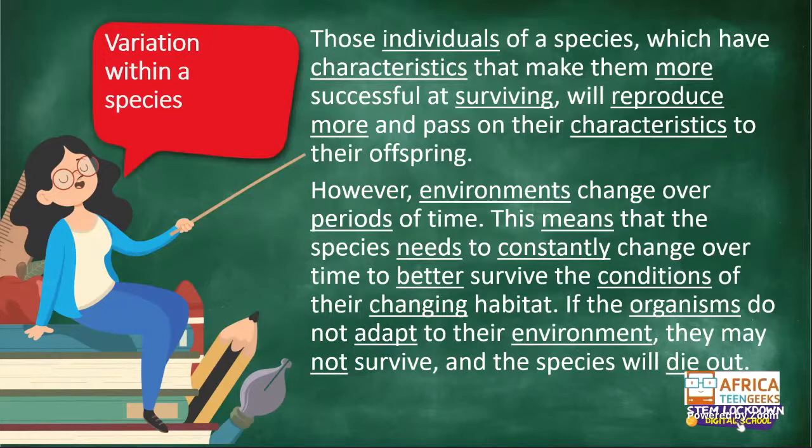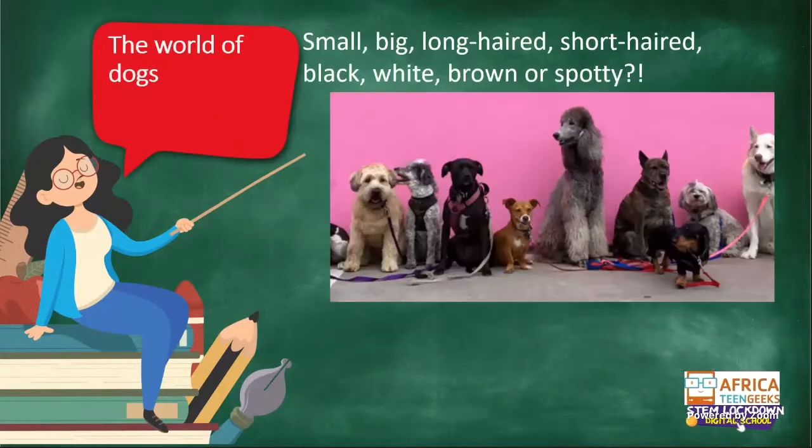Okay, remember we said life processes. I know we're touching on that again, but everything stems from that. One of the 7 life processes is reproduction. So here we can see that in order for successful reproduction to happen, a species needs to also adapt to its changing environment. If it does not adapt, it will not be able to survive because it won't necessarily be able to keep reproducing.